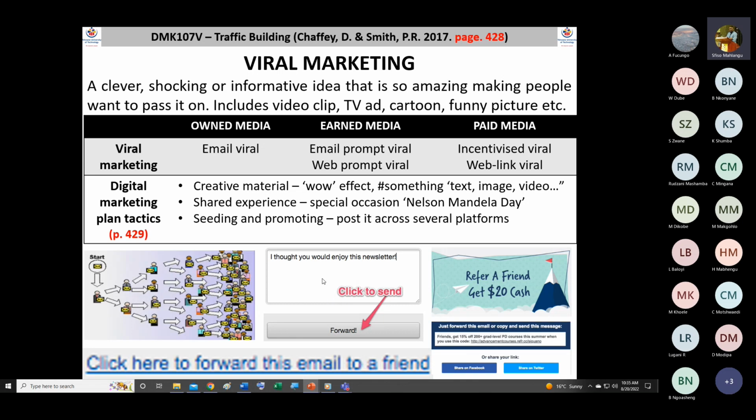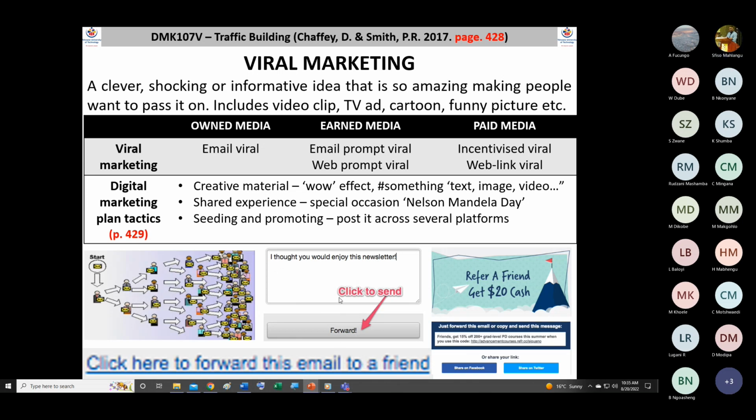For example, in the email, we will say, you can also add your friend instead of forwarding. So in a way, it's similar to a forward button, but we include a function whereby, for example, you'll see here it says, I thought you will enjoy this e-newsletter, and then the person will enter their friend's email,